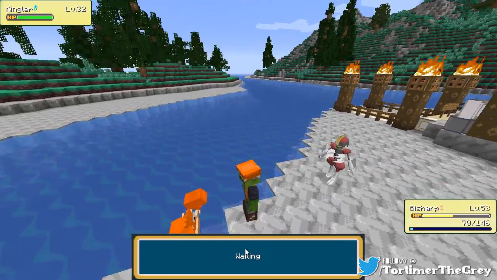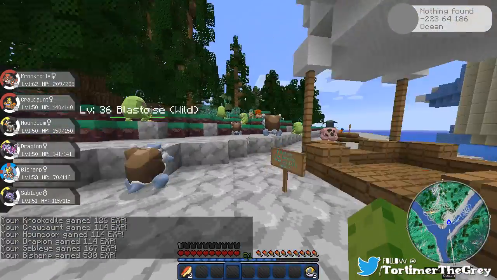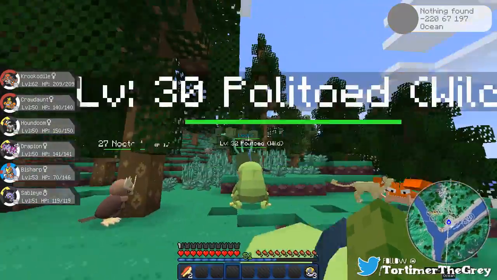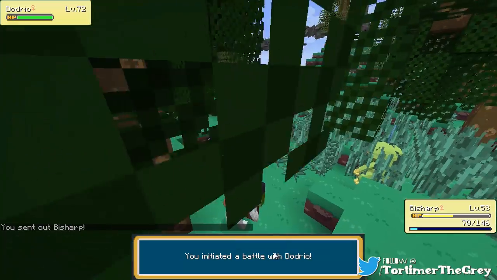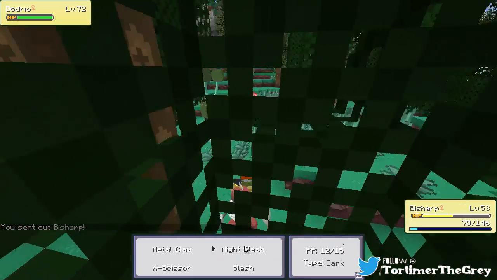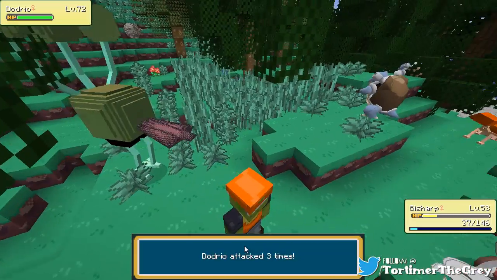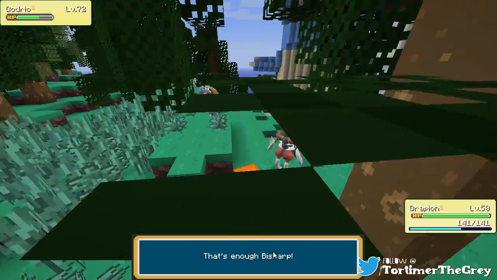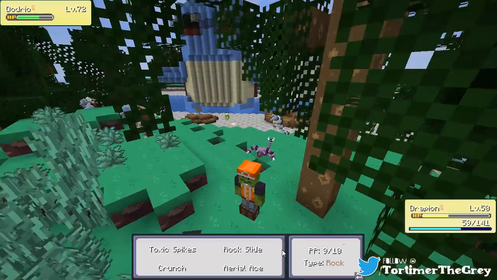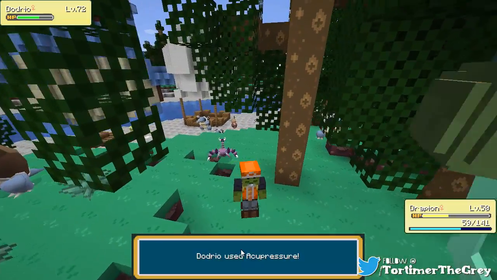But yeah, it's nice to kind of get into the swing of doing some EV training. Ooh, Dodrio. We definitely want to kill... Get out of my way, Polytoads. Yes, we got him. Alright, oh, wait, that's right. What's his face? Alright, let's go into Drapion. Hit with the Uproar. Can he survive long enough to...